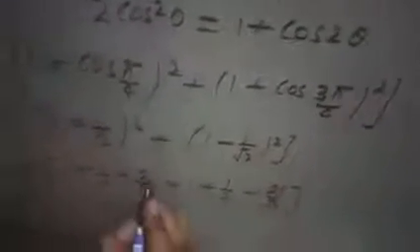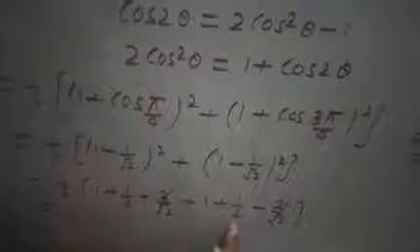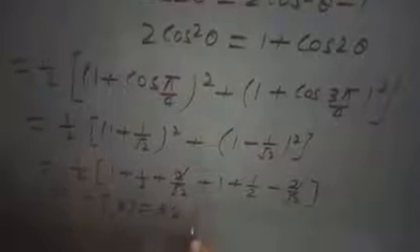Now these two cancel out, and if we see 1 by 2, 1 by 2, 1, that is 1 plus 1 plus 1, so here is 3, so the total answer is 3 by 2, and that is our right hand side.